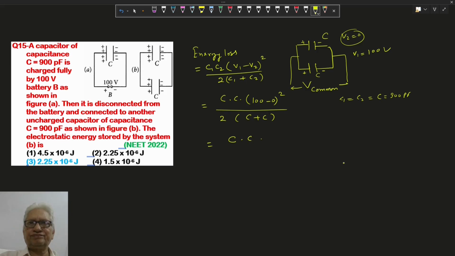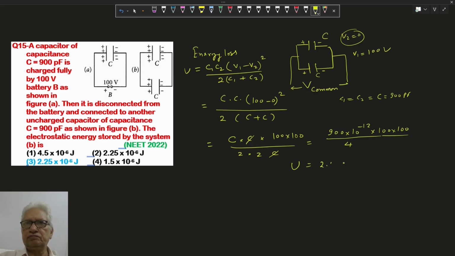Here 100 into 100, 1 into 2 cancel out, taking the value of C as 900 farad, and it says 9 by 4, 2.5, 0.25, to 10 to the minus 6. So here the energy stored is